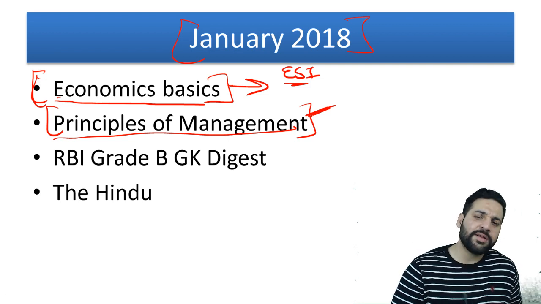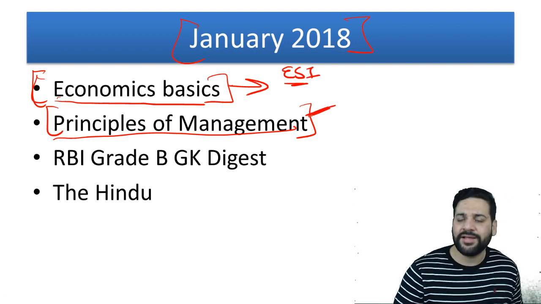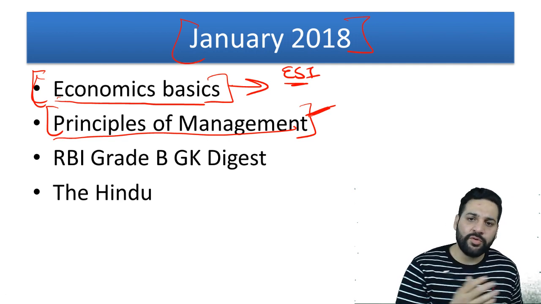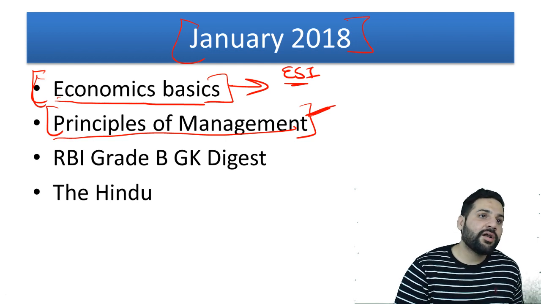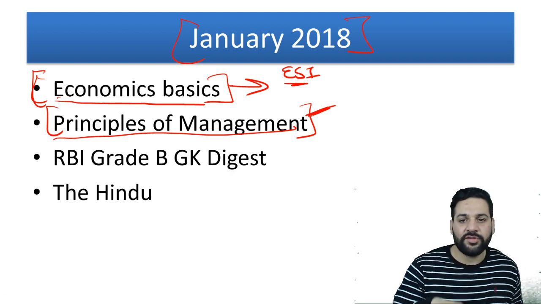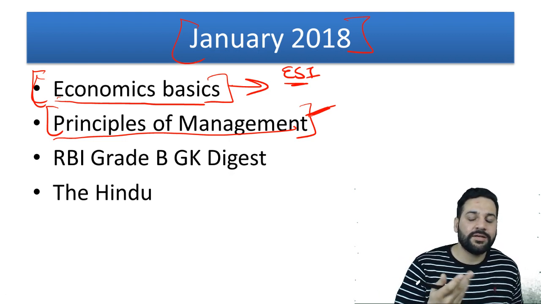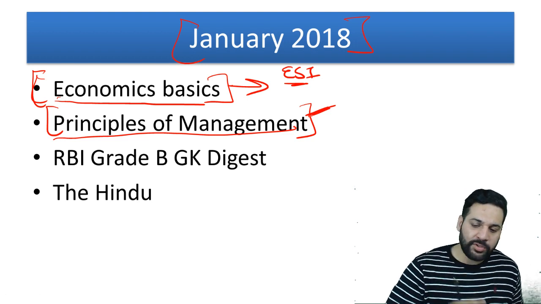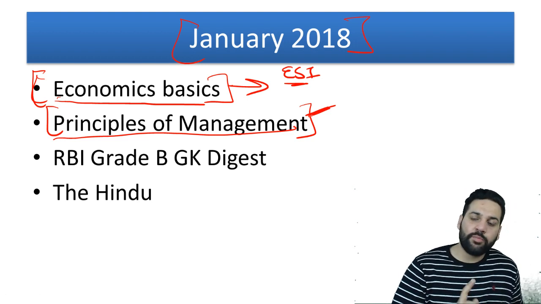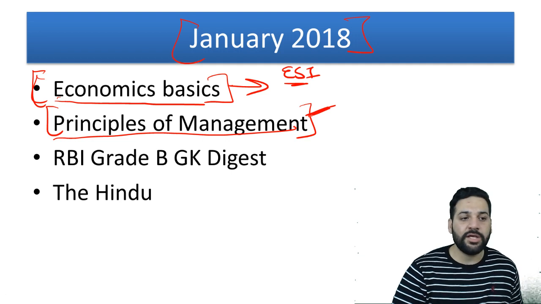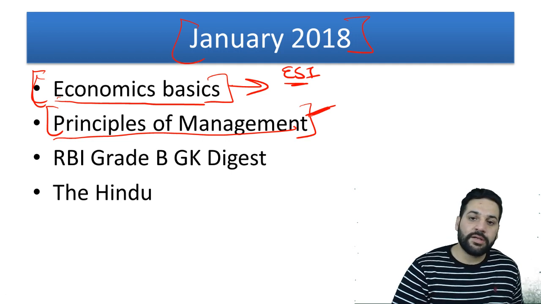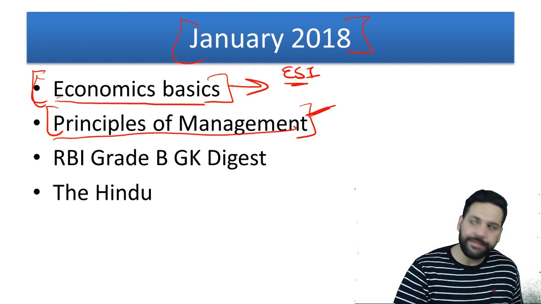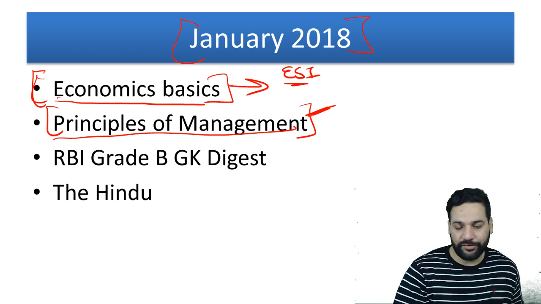The principles of management, that is a chapter. The scientific management, the development of management thoughts, thoughts by 10 management gurus, or management authors, you can say. Then there is the whole management process: planning, organizing, directing, controlling, and staffing. There are separate chapters about that. Then leadership, then motivation, which are really important. Then communication, really important. And corporate governance is really important, right? So you need to cover that as well.